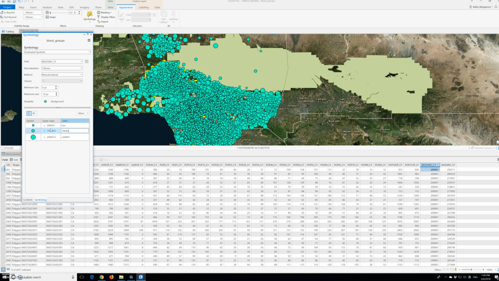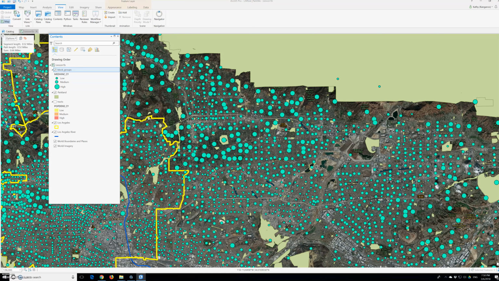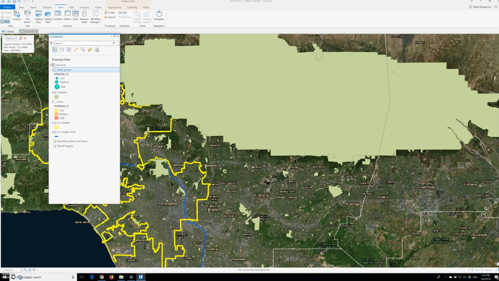So I can just choose and zoom in. When I'm zooming, it will show up. Alright, there. Close this out so I can see better. So the symbology disappeared from the map. In the contents pane, the dimmed checkbox indicates that the layer is turned on, but it is not visible at